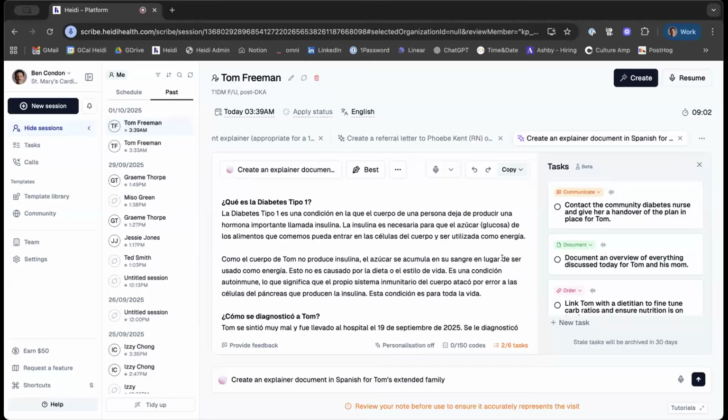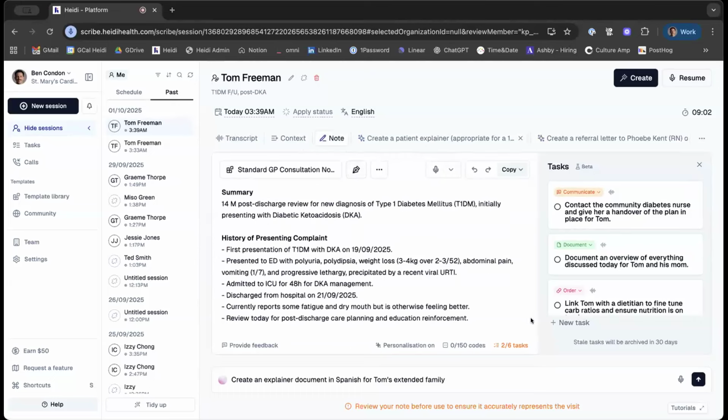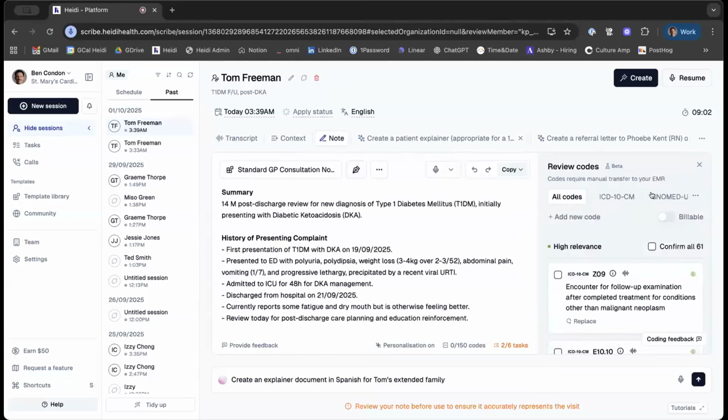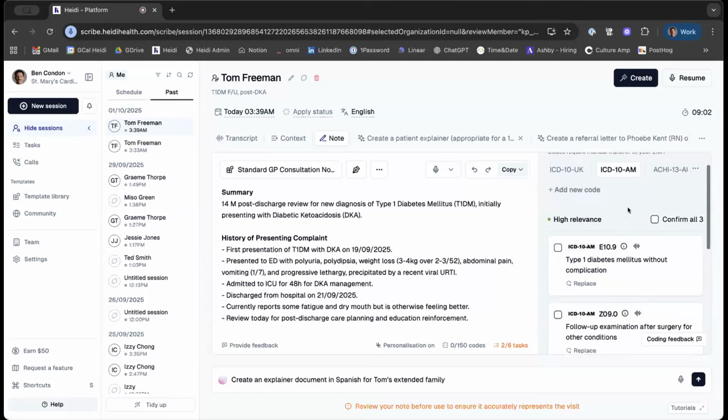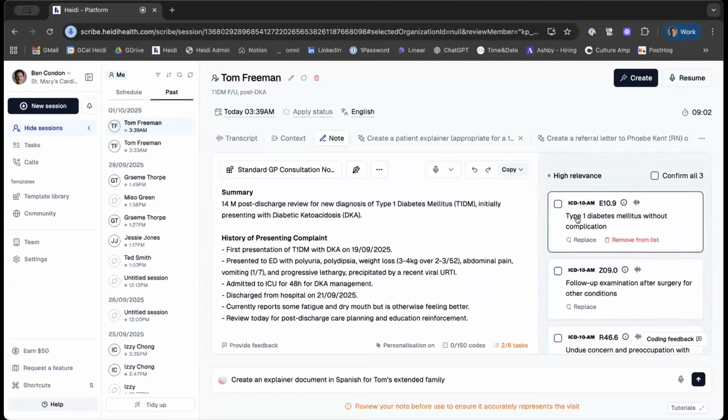We'll get into templates shortly. I just wanted to quickly go through where you can find tasks and also codes before I hand over to you, Phoebe. So if I go back to my note and I just toggle away from tasks, I can see down here I've got codes. You'll see here that I've got all of the different coding option sets that are available currently in Heidi. You can select, I'll show you in settings how you can select which ones. But if I click these 10 ICD 10 AM codes and I tick the relevant codes here,